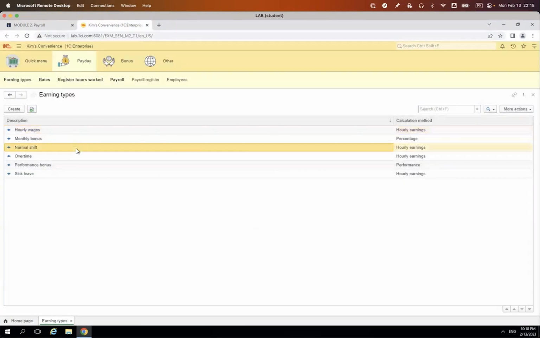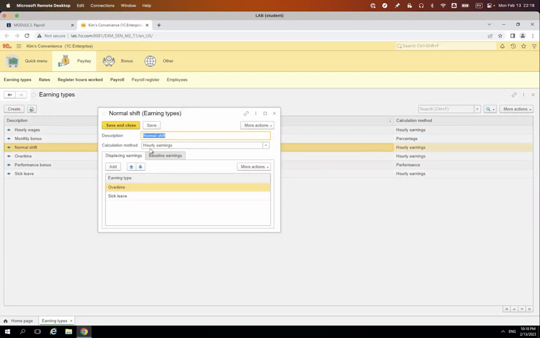For example, let's take normal shift. For example, you work for McDonald's, okay? You start your shift at 8 a.m. and you finish it at 12 p.m. and each hour is paid by $15 per hour. But during this shift, different things can happen and they will affect the way that you paid. For example, this shift can be displaced by some overtime. What it means? It means that during your shift, you get into the territory of overtime, which is just some hours outside of normal working hours. So you need to pay differently for this part of your shift, not for the entire shift, but only for this part.